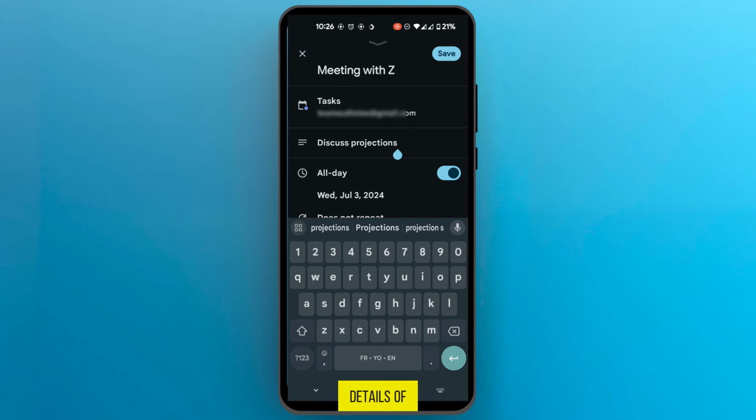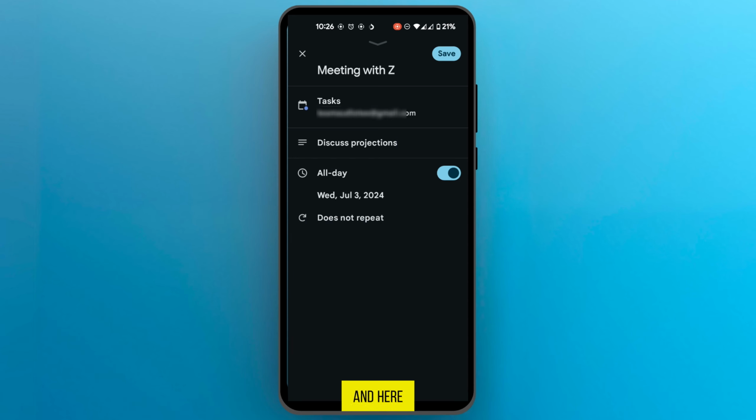And here in the details of the meeting, you can simply say anything you wanted that will remind you about the details of the meeting. I have just discussed projections, and here we have all day. This means that it will display in your notifications constantly. Now, if you want to set an alarm for it, you can simply go and toggle this off, and then